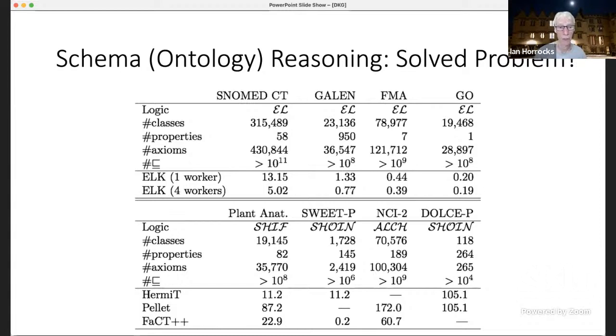And for more expressive ontologies, there are a whole bunch of different reasoners. The interesting thing about that is that for every ontology, we can always find a reasoner that can deal with it, but it's not always the same reasoner, and different reasoners behave in different ways on different ontologies. And this is actually what you get with these high complexity classes. Not that you can't do anything, just that the systems tend to be much more temperamental and subject to big swings in performance depending on just exactly what's there in the given input.